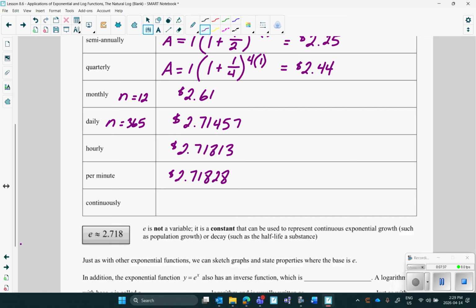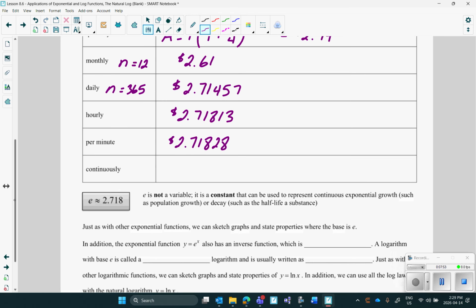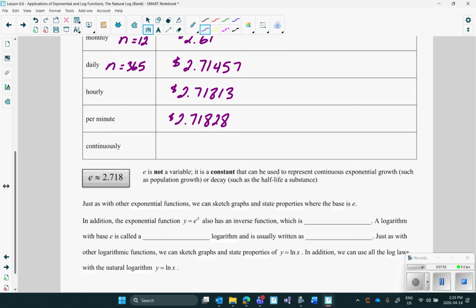Notice that it's approaching a number. And this number that it looks like approaching is about 2.718. If we did it continuously, those of you in intro, we would want to find the limit